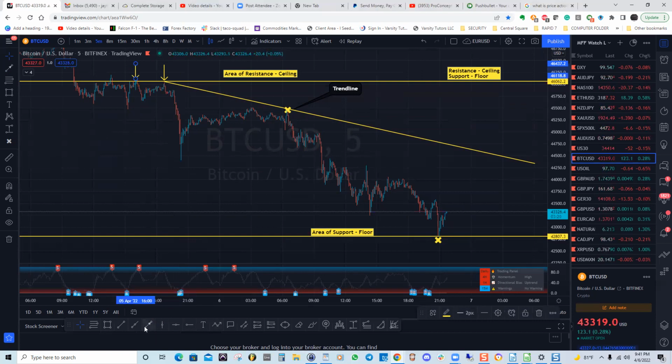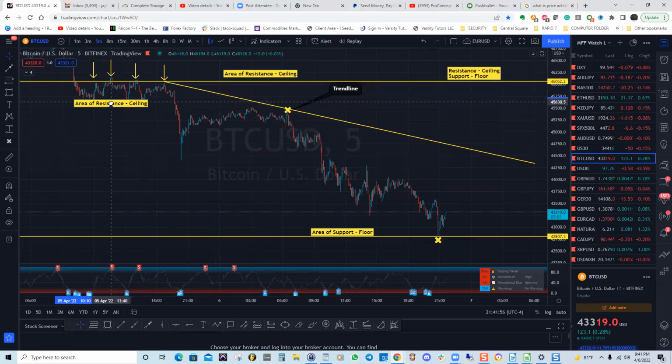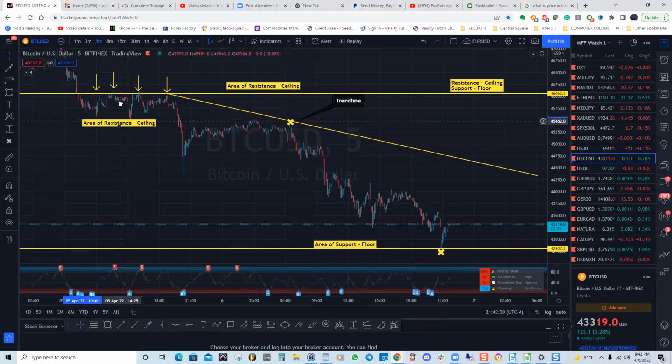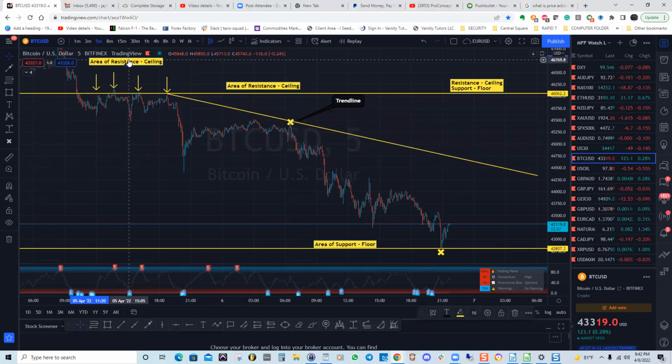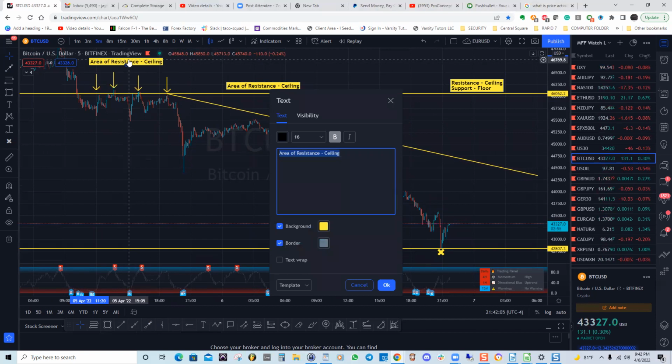Here's another area of resistance right here, right? And we also call this rejections. These are areas of rejections also. So let's also clone this and let's call this over here. I'm going to bring this down a little bit. These are rejections. These are areas of rejections in the market. Areas